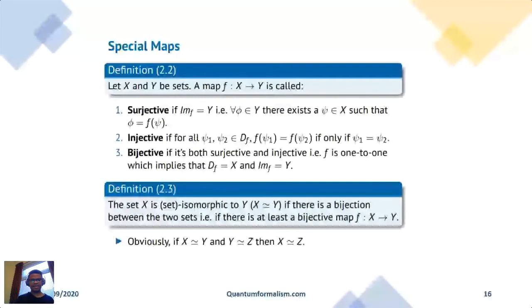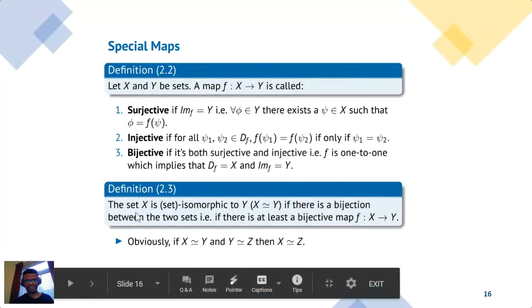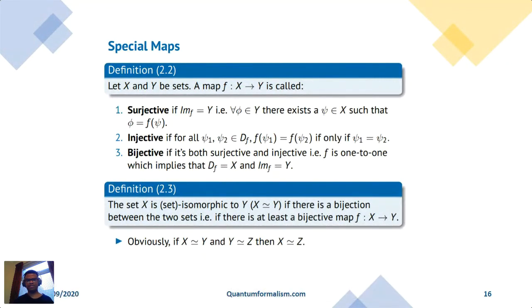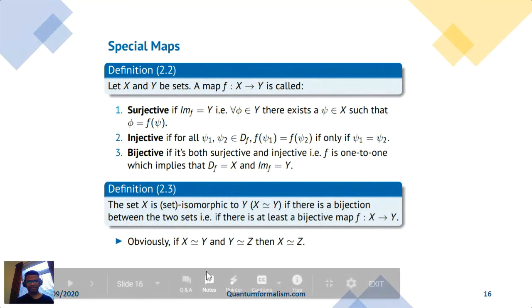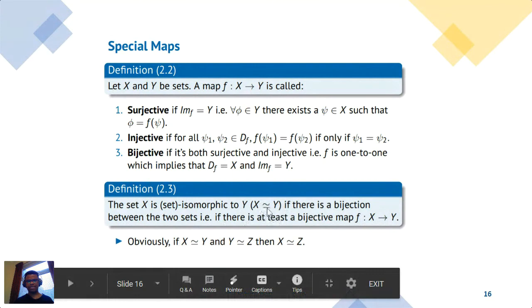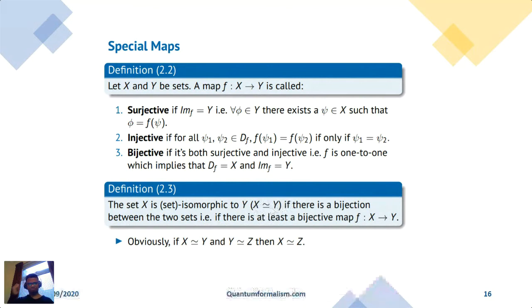In this case, we haven't added any structure yet. It's a rather boring concept, isomorphism, but we say X is isomorphic to Y and write this thing if there is a bijection between the two sets. So there's a one-to-one correspondence. And then we write this thing. You will see this a lot. So in the textbooks, if you see this, it means that these two sets are isomorphic. You can do a one-to-one correspondence with them.